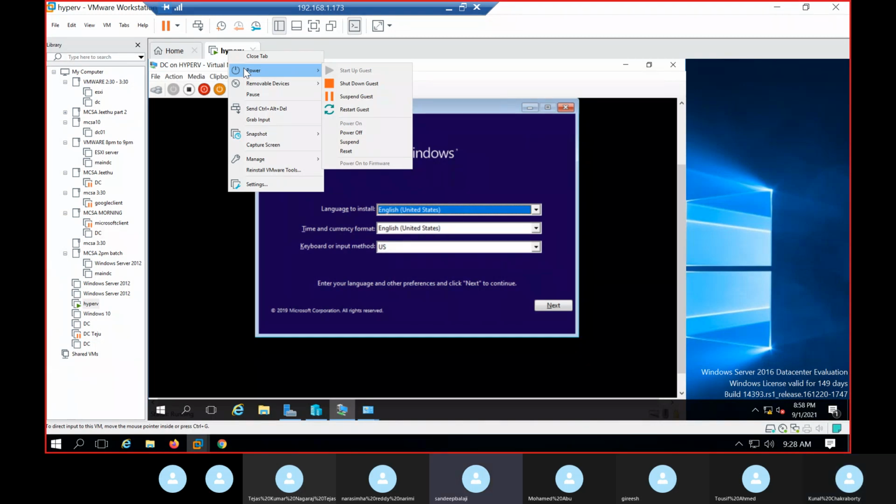Sir, like how do we do a mirroring? Mirroring in the sense? Like we have two hard disks for the same server, and for the one server we install, and for the other we do a mirroring. Like you're saying for a backup or what? Yeah, like backup. That is for RODC server. Okay, okay. That comes under second paper, so we will do that.